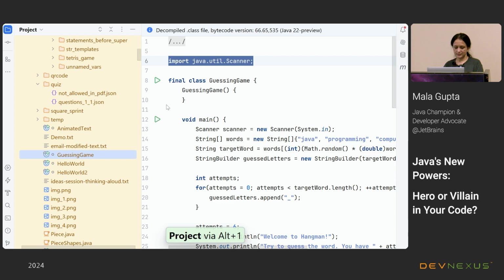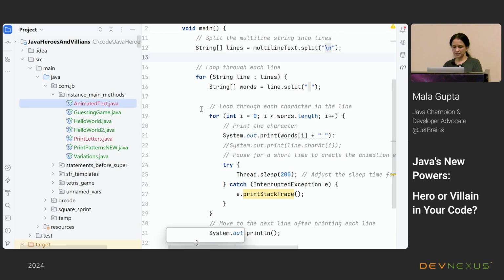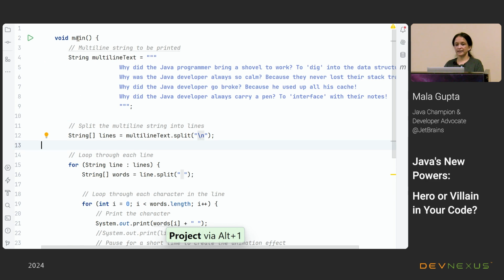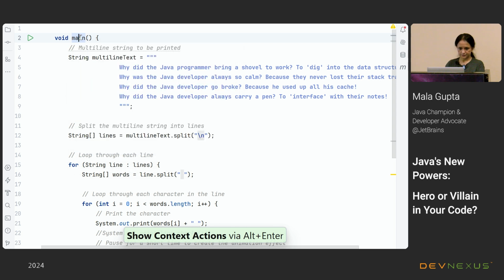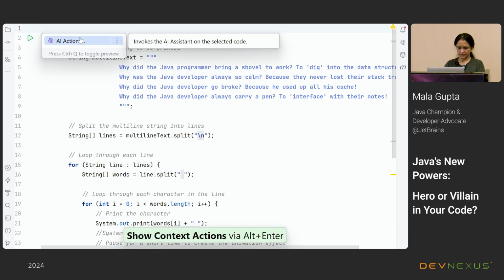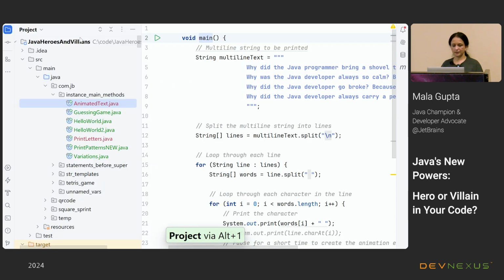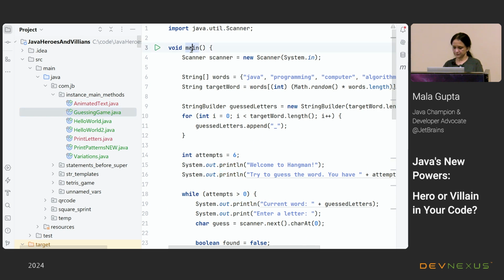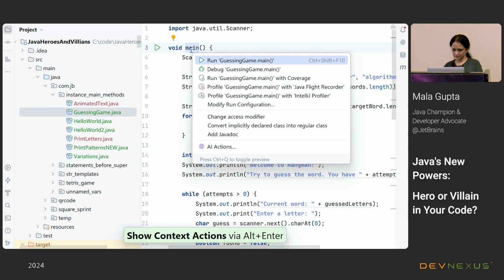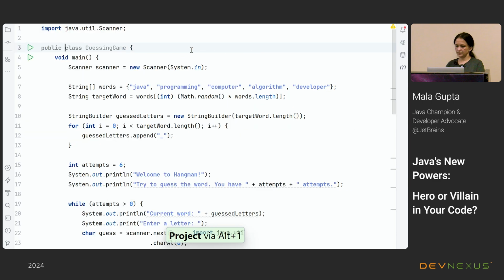And of course, that's not the only thing. When you are teaching students, and you are ready to take the next step, you can easily convert an implicit class to a regular class. So this is how I could do that in the IDE.